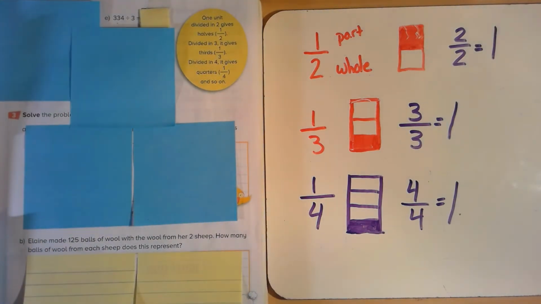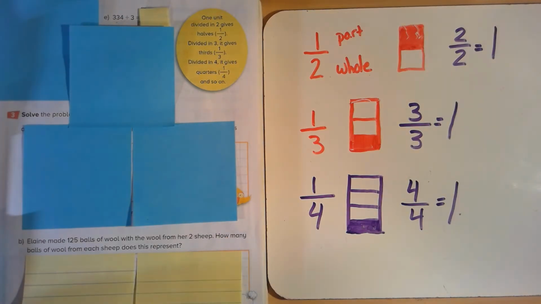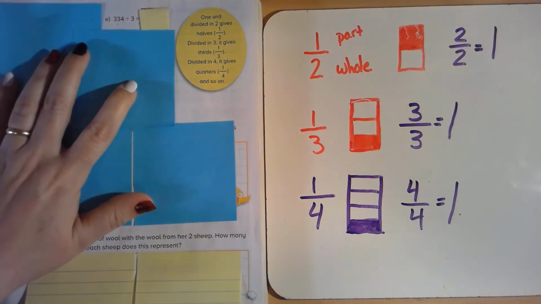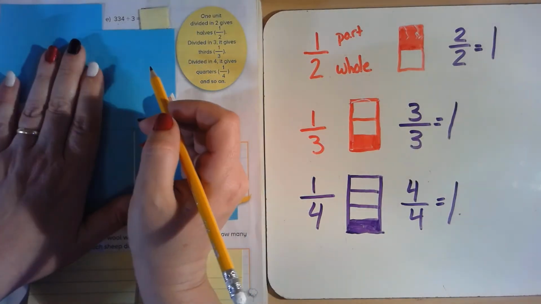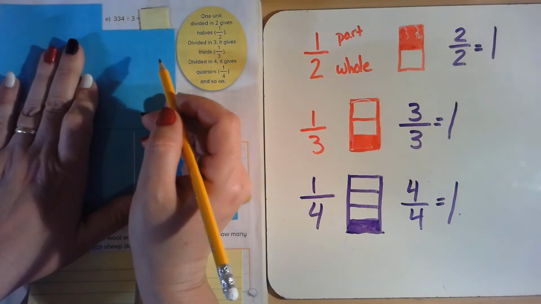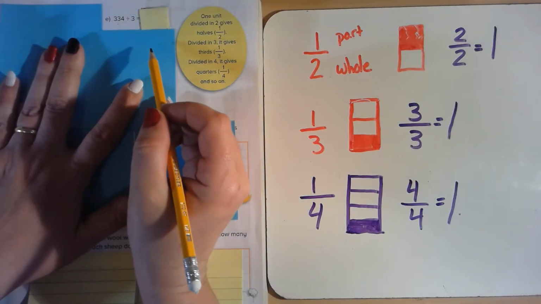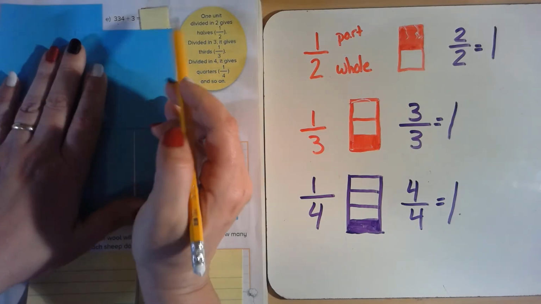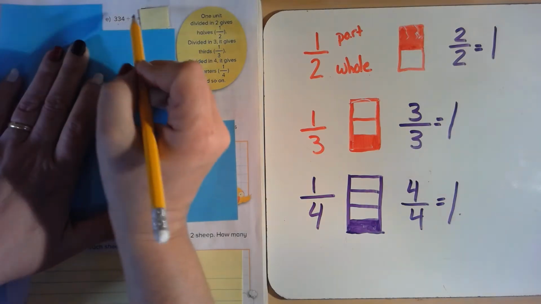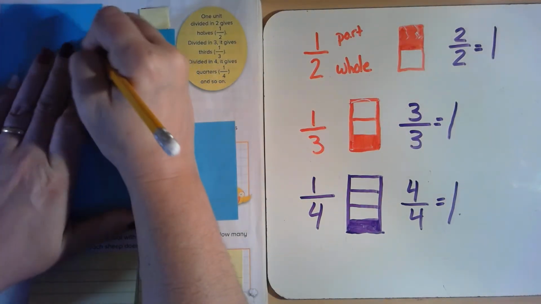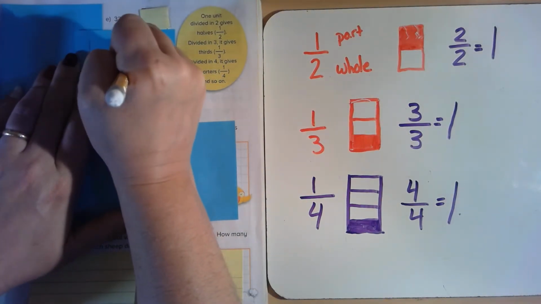Do you remember how when we divided a number, we said we can draw base 10 blocks, or you can do it different ways? So let's try with the base 10 blocks. You might know a different way to divide, and that's fine. Do what's easiest for you. So we take 334, divide it into 3. 3 goes into, we can first make our 3